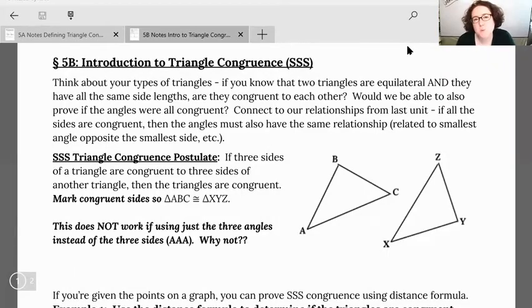In our last video, we looked at what it meant to have congruent triangles. But today and in our next video, we're going to look at some of the almost shortcuts that we can use to prove the triangles are congruent. So if we know that all angles and all sides are congruent between two triangles, absolutely we know those triangles are congruent. But what if we knew just about the sides, or just about the angles, or a combination